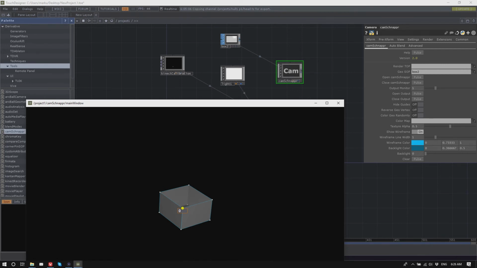Like select the points and then take them. Yeah, like take them. So what you would do is, if you would have the Kinect,